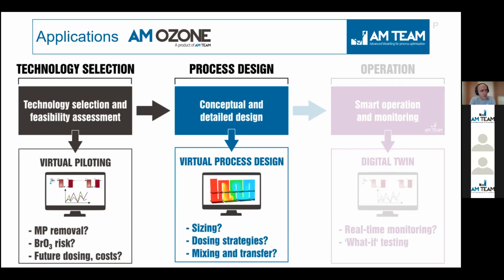If we go to a design phase, we have a conceptual design and a detailed design phase. And in these design phases, also Amazon can help you in defining the optimal reactor size. It can help you in selecting the best injection method of your ozone, which dosing strategy are we going to apply, and then more into detailed reactor design, we can combine the Amazon model with computational fluid dynamic simulations to